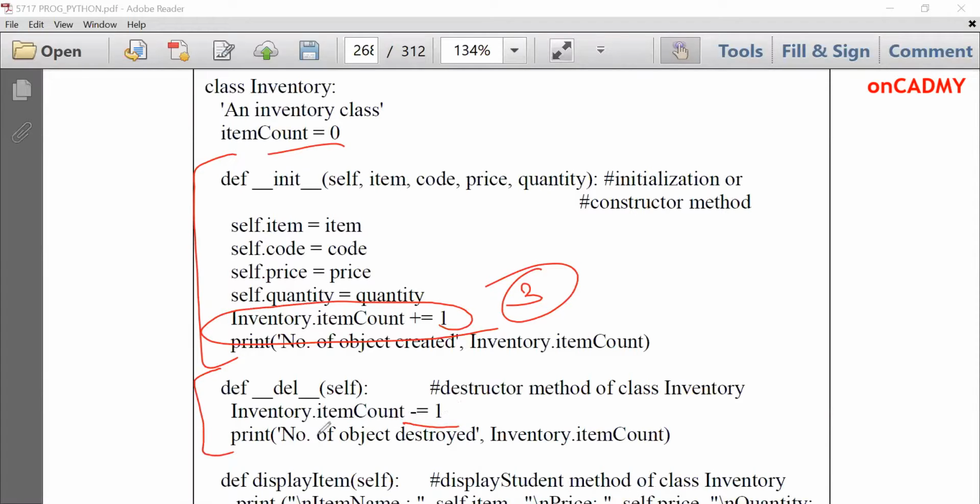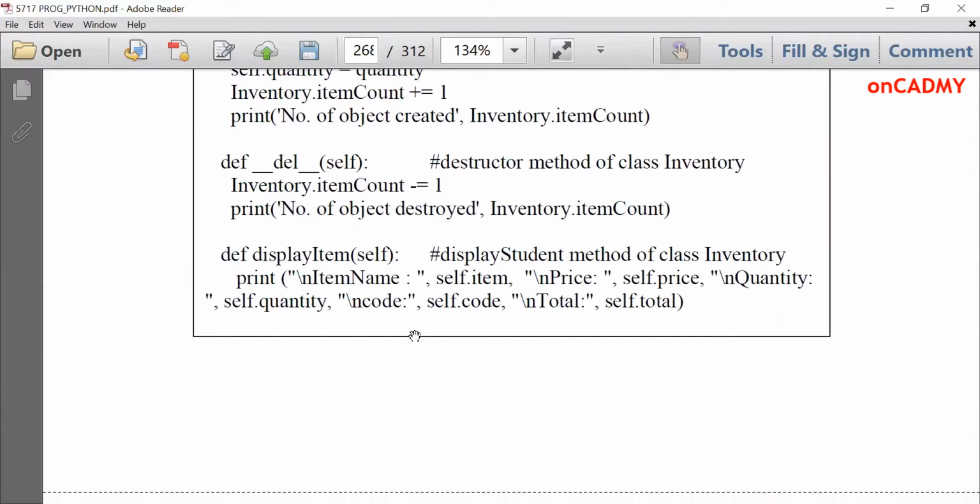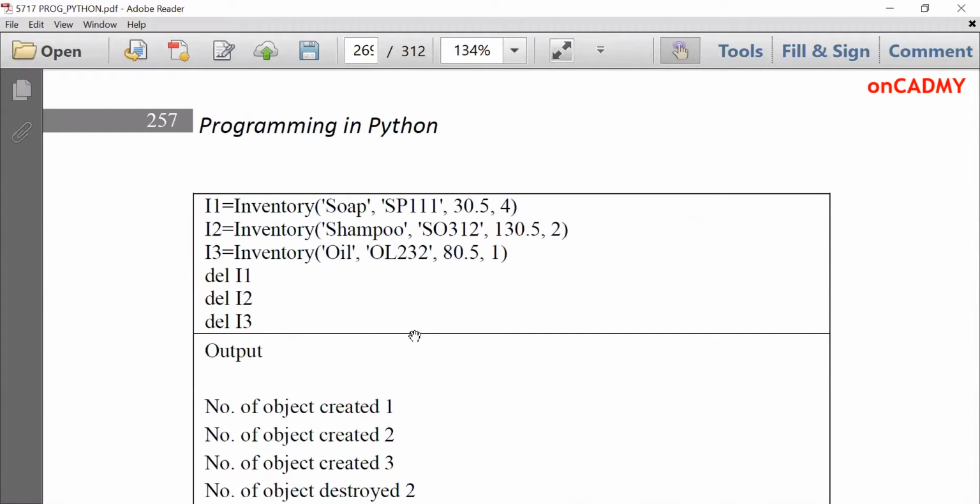That means one object has been deleted. Here for reference, we have printed a message, number of objects destroyed, inventory.item count. So initially it will display 3, then 2, and then 1. And the function is display item. It will display all the values of the class attributes. So let's understand through this.